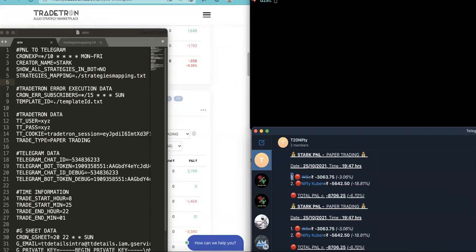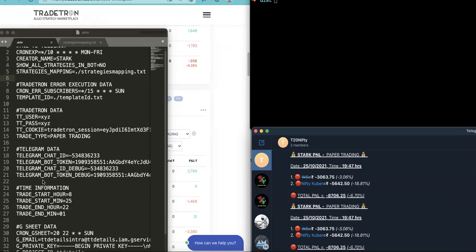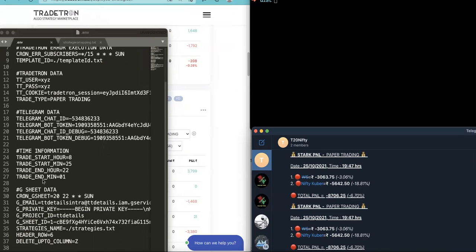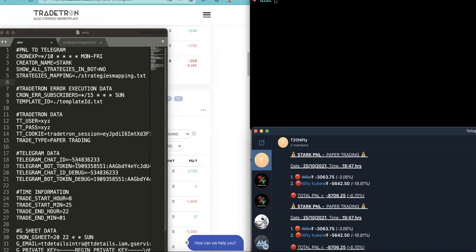There are no brackets before and after the serial numbers, and there is no spacing between the equals on the left and right. I also added the percentage to every strategy and the combined percentage based on the multipliers, so it will keep calculating at runtime. I think this is it about the things that I have added.